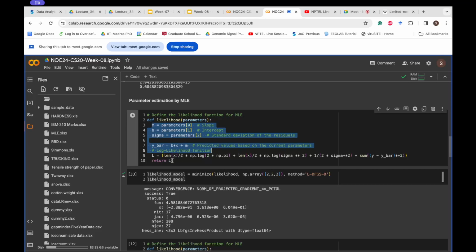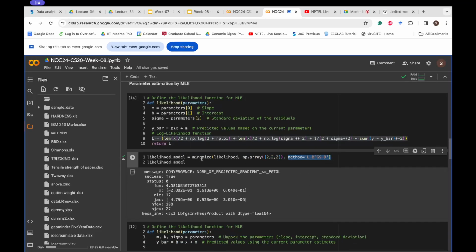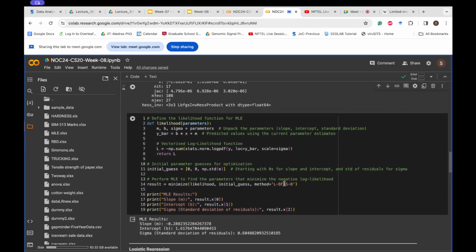The parameters will also change and the likelihood function will change accordingly, and you will have to pass that likelihood function to this minimize function with the initial guesses of the parameters and the method you want to use. You can refer to the documentation of minimize and check it for different sorts of